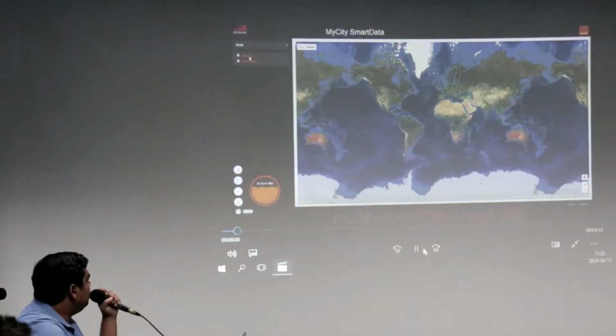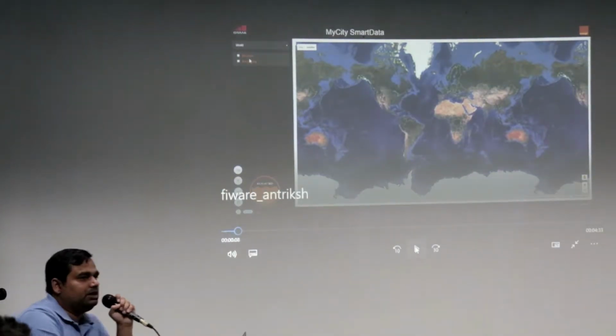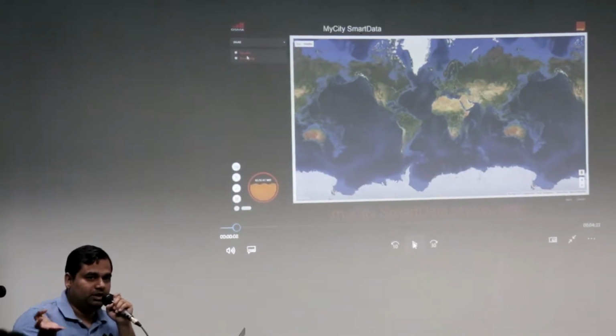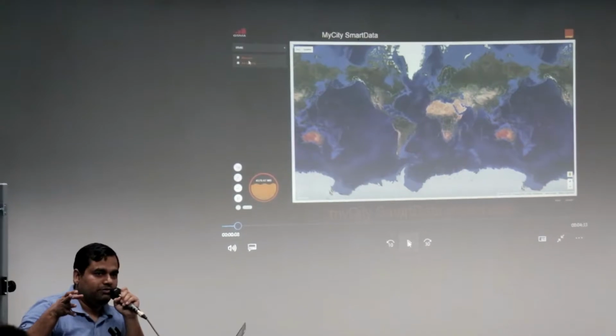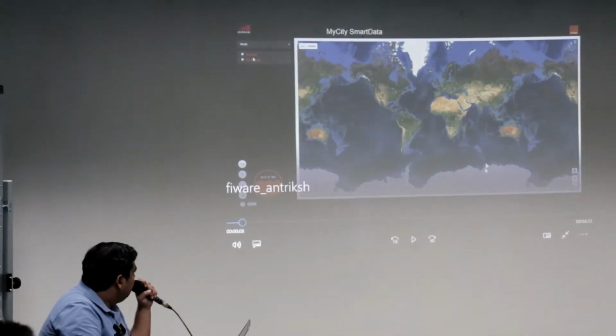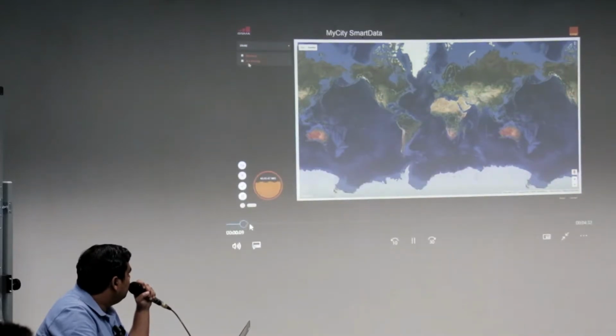So this is an application for which I've collected data from sensors, mainly from India, France, and China. Okay, so it has data for weather. You can see the data, and I'm using Google Maps here.